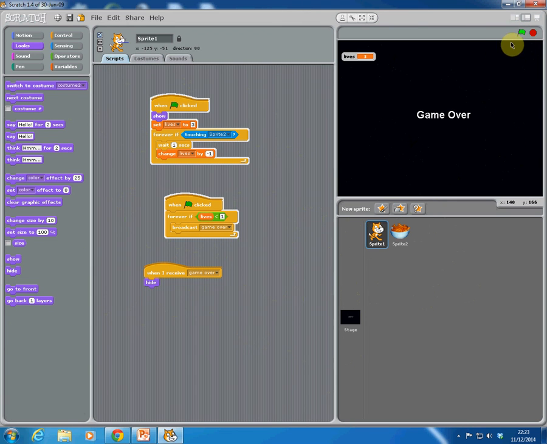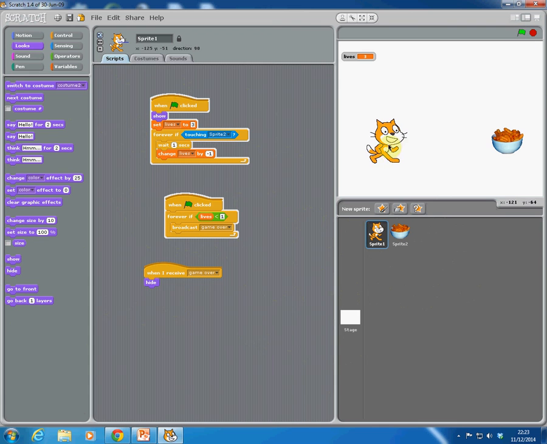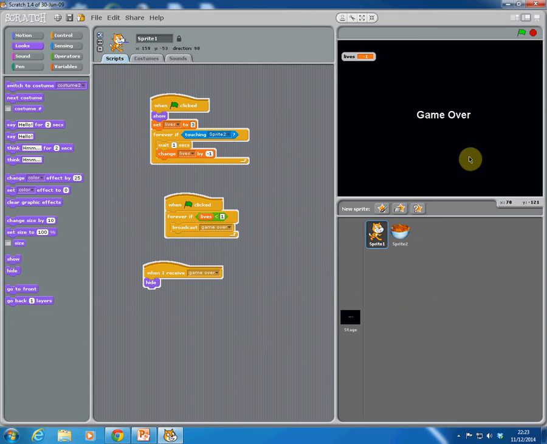So we click on the green flag to start the game again. We move Scratch over, let poor little Scratch lose his lives, and bingo. They both hide, and the game over sign comes up. One last thing we didn't do is hide the lives, but what we can do, for example, once the game over signal is received, we can do one final little thing. We can use stop all, which will stop the lives going down,